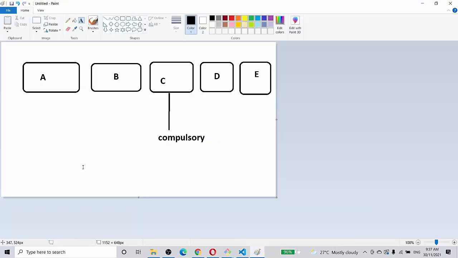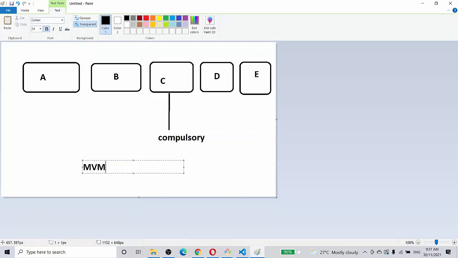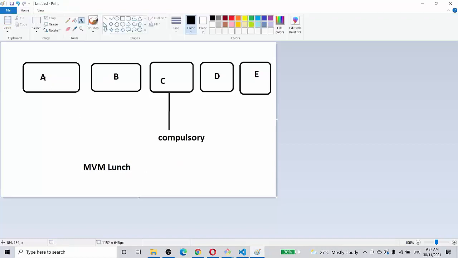I'm talking of the MBM lunch. This is the brand name of the customer. So there are five choices, A to E, and if the customer needs to order one of the MBM lunch sets, as we call it, he has to order A, let's say, or he has to order